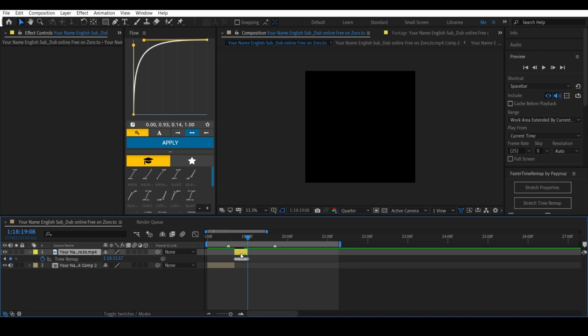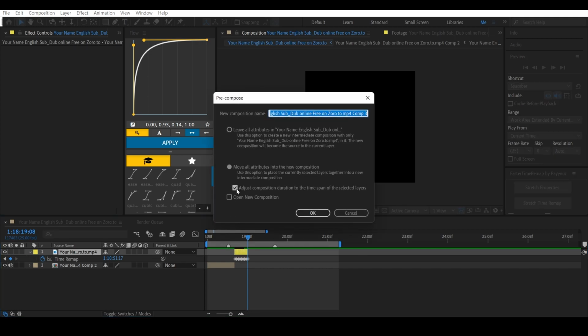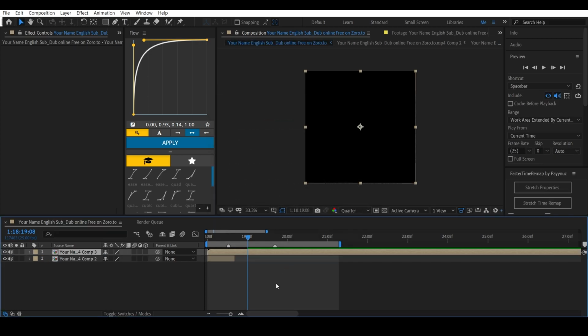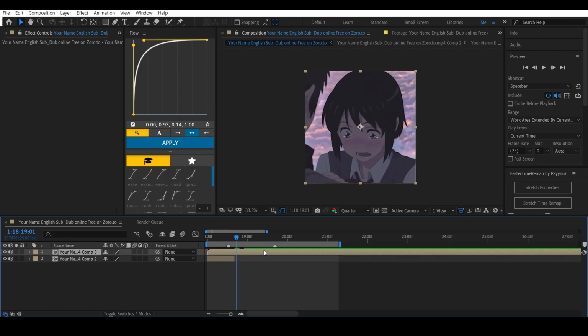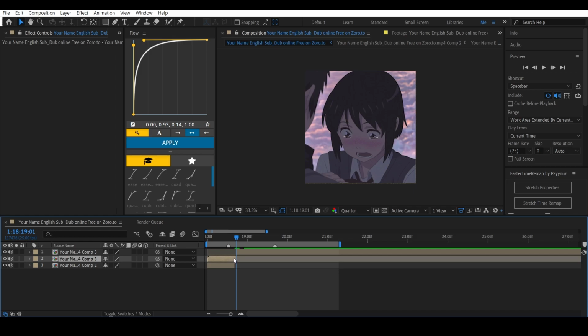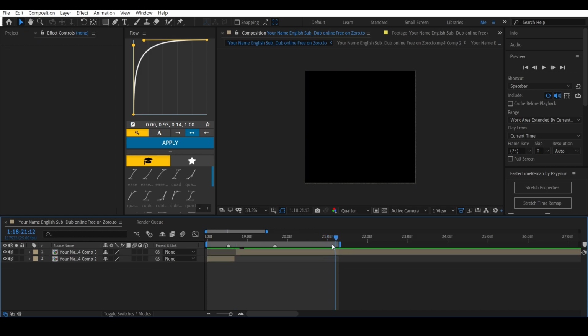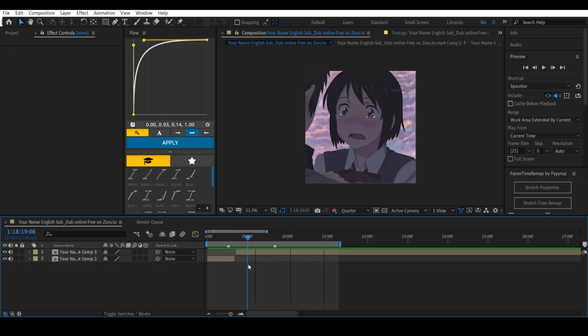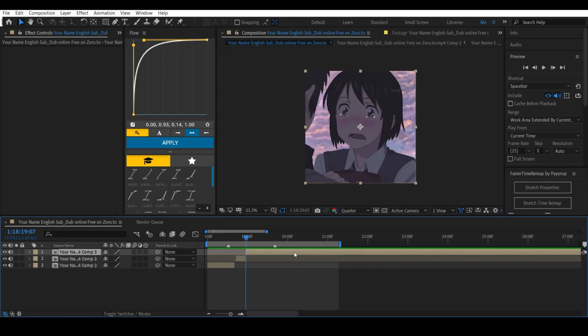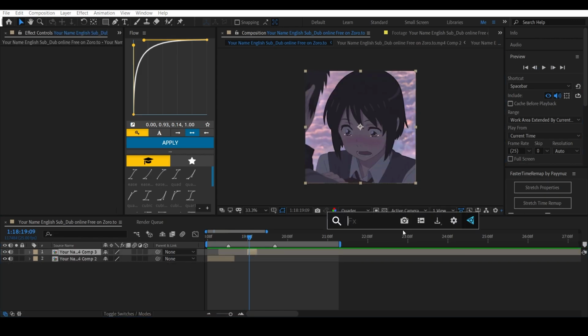After that, pre-comp this by Ctrl+Shift+C and make sure this is off this time and hit OK. Now go where the clip starts and cut it, and go where the clip ends and cut it. And after that, add Twixtor Pro